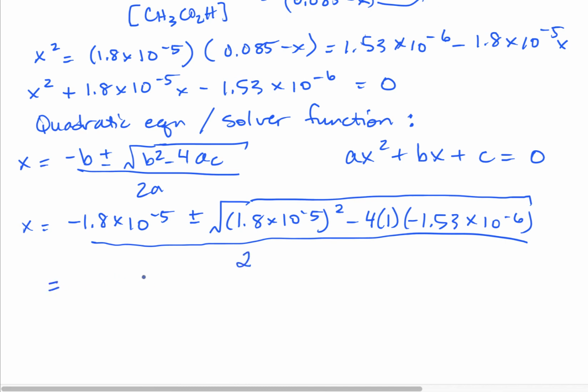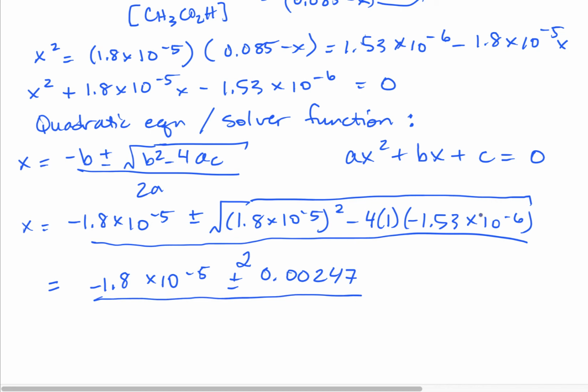So when I simplify this, I get minus 1.8 times 10 to the minus 5 plus or minus 0.00247. That's all of the stuff that was under the square root and then taking the square root, divided by